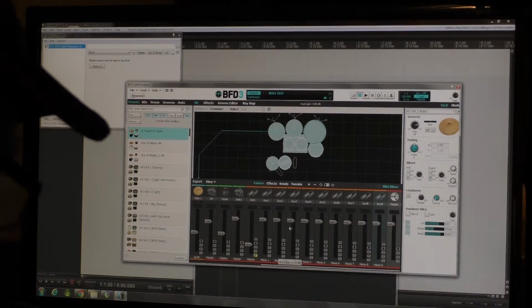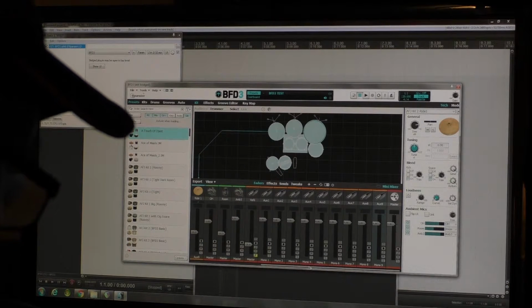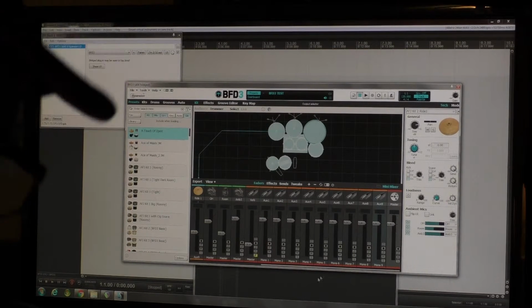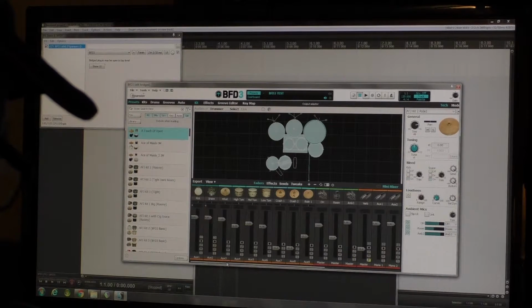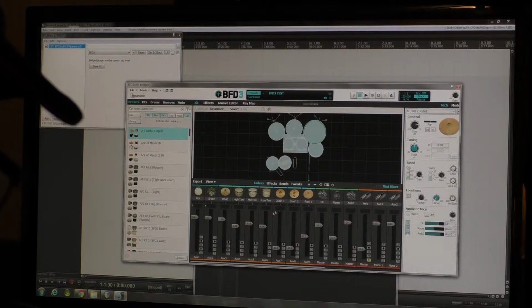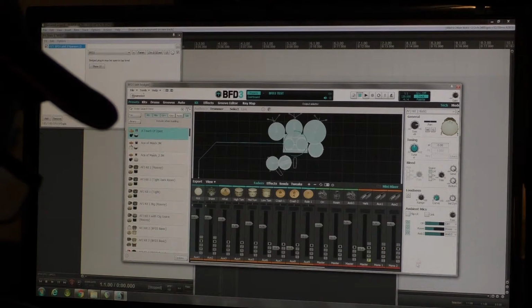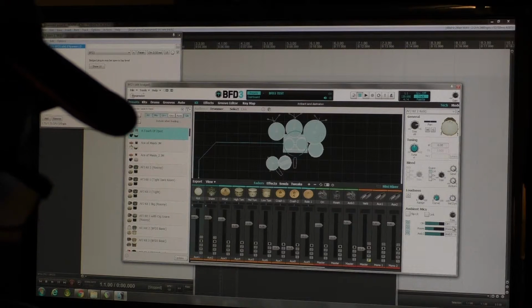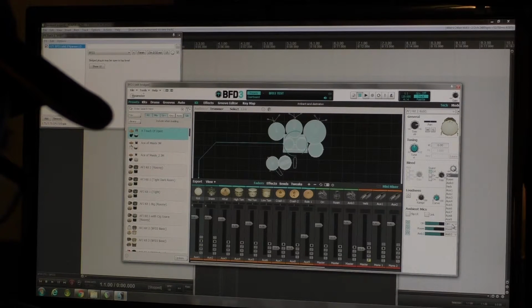But right now what we're going to do is, now that we've created our auxiliary channels, we want to put the ambient mics on with our kit pieces. So highlight the kick, come over to ambient mics, and you've got these 3 little boxes on the right hand side, and select auxiliary 1 for all 3. And then we go snare, auxiliary 2,